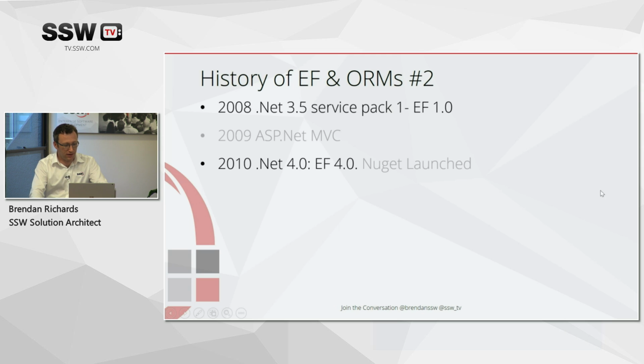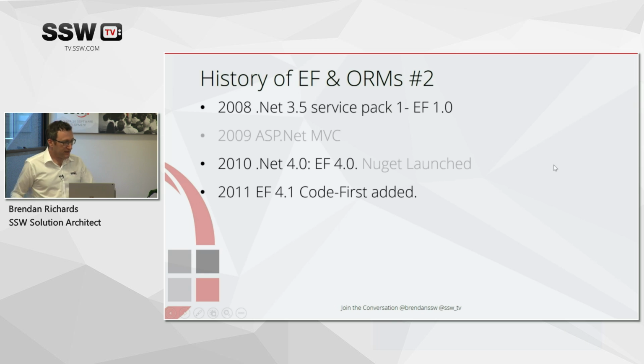And NuGet. So a lot of the stuff we use now is based on this platform. We've got NuGet with .NET 4. It seems mad that we were working with that NuGet only 6 years ago. 2011 sees a big change because that's when code first appears in the Entity Framework space. And pretty much from then on, version 5,